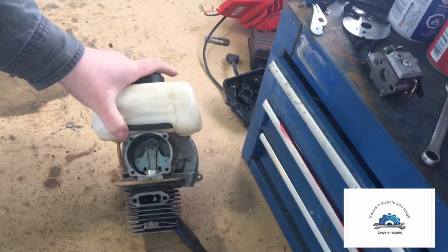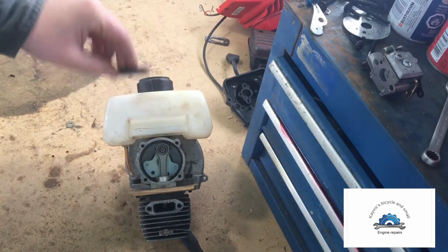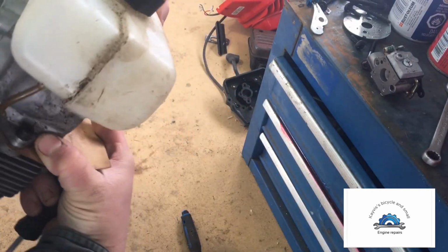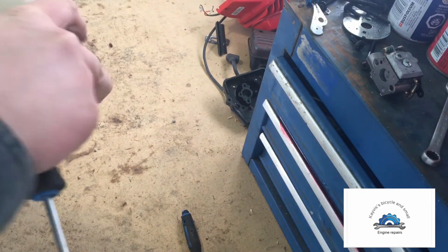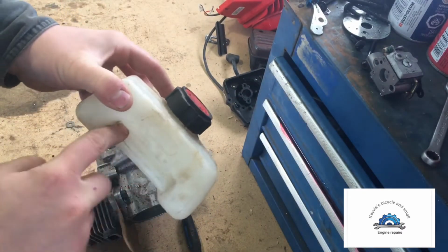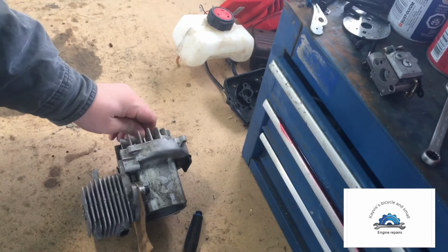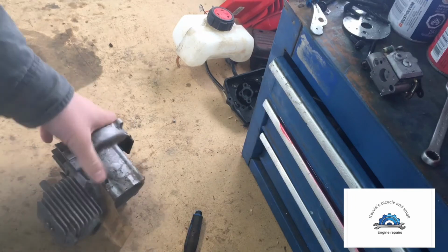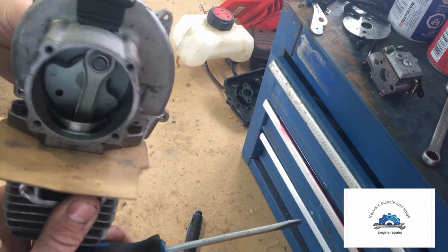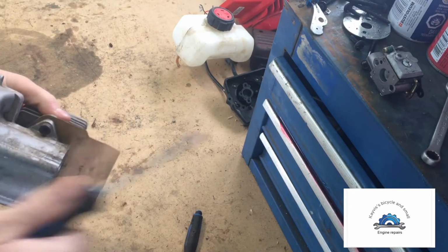Now we have access to, that looks like just a shim. We're going to pop off this fuel tank next, which I think should just, yeah, it just pops off. It's just held in by that shim that, you know what I mean, it just shims in there. And next, so now you can see how everything works. We're going to flip her over, we're going to get out